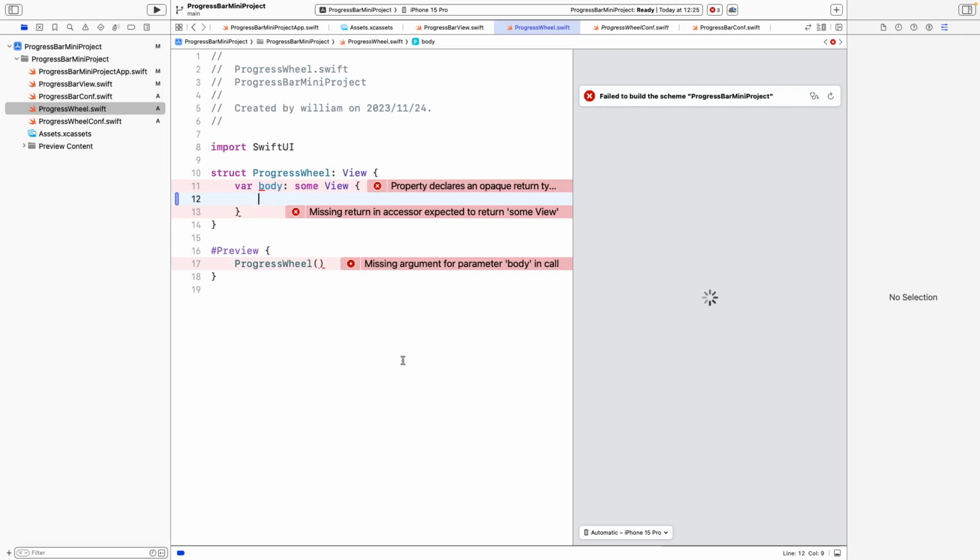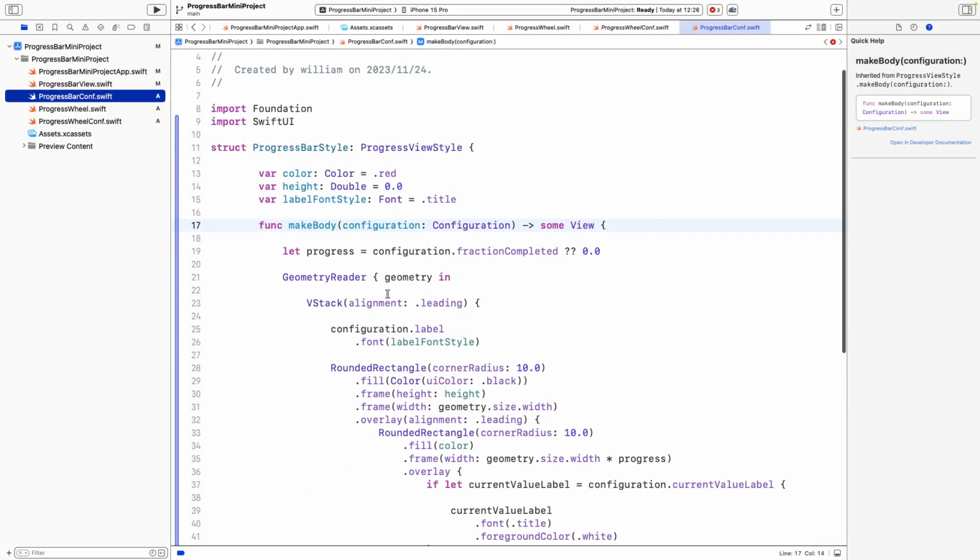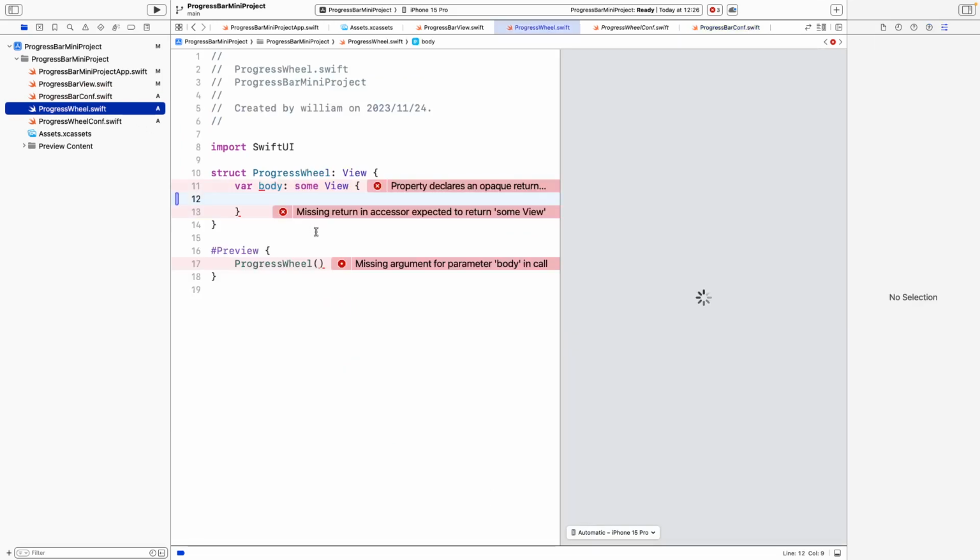Yeah, maybe I'm going to add a Z stack because I used the overlay to solve the progress bar problem, and I used all that in the configuration. But for the wheel, I'm going to show you another way of doing things, which will be using a default progress view, and then I'm going to use a customized progress wheel. Okay, so because one is above another, instead of using overlay, I can use Z stack because I think